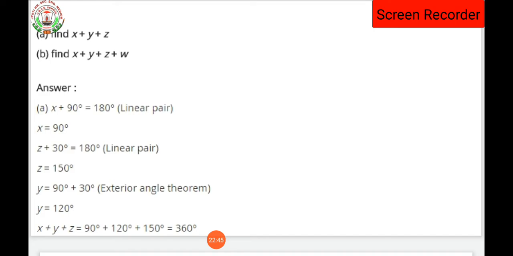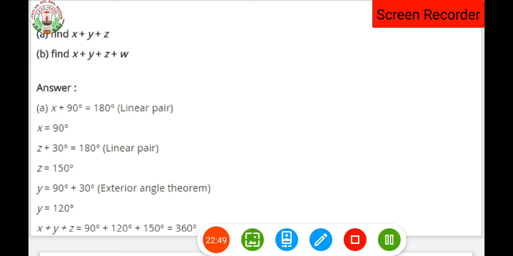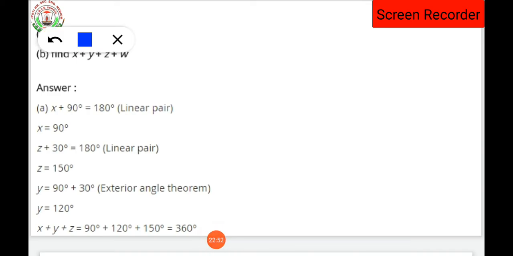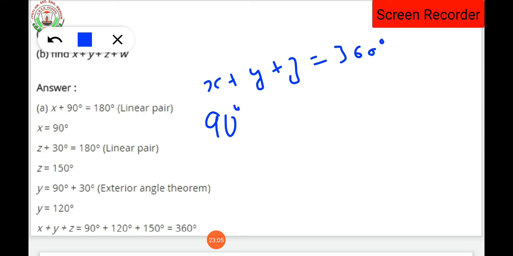Dear student, 220 I had given you as the answer, isn't it? So that is wrong. I think a mistake is there. So again I will explain the same thing, that is x plus y plus z. These are the exterior angles. Okay. So as we know, the value of x we are having as 90 degrees. Okay. The y value we have to find out, and z we are having this much. Clear? So here 360 degrees.